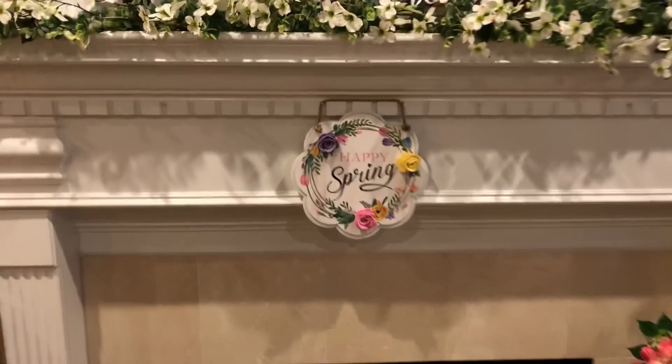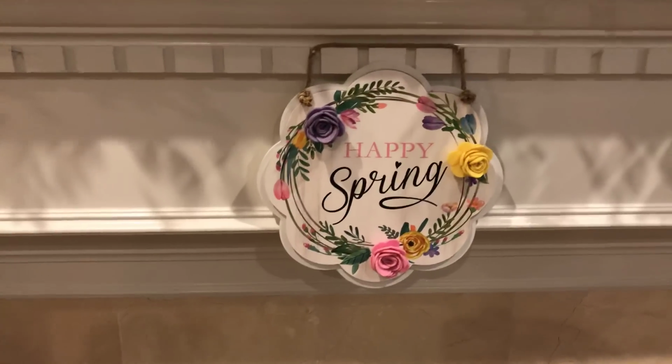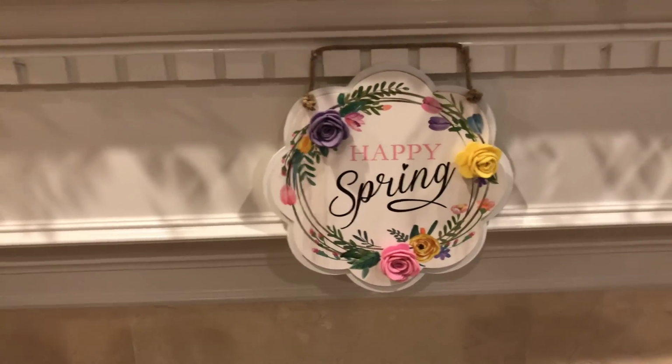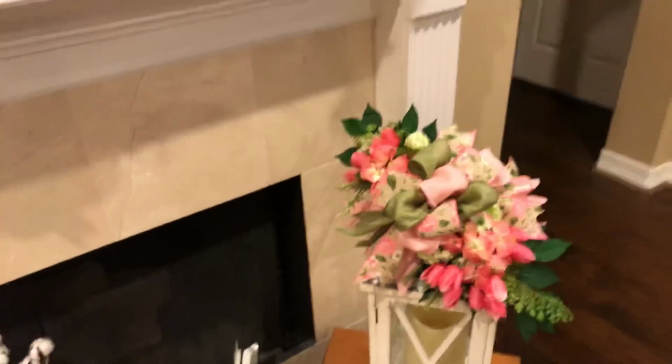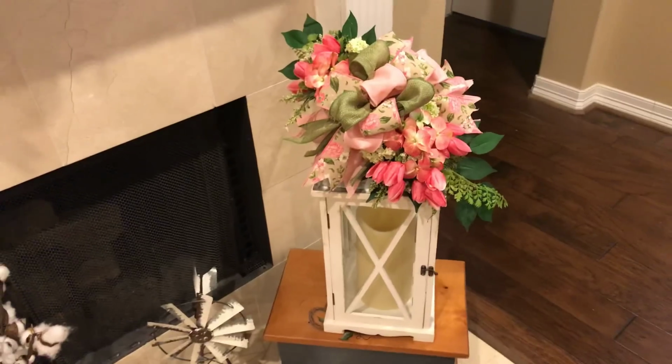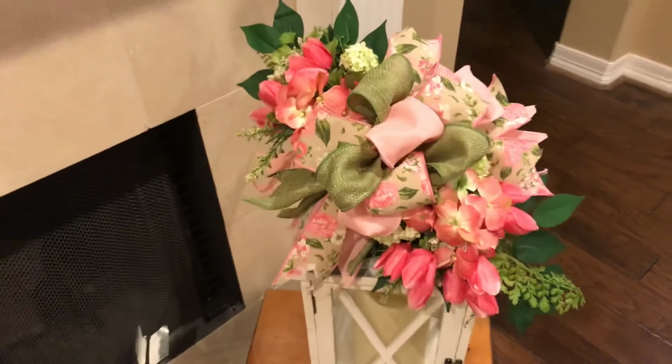And then this is that little spring sign I picked up at Big Lots, and I just stuck it here on the mantle to bring the pink from over here to across over here where I have my lantern at the bottom of the fireplace. And this is that